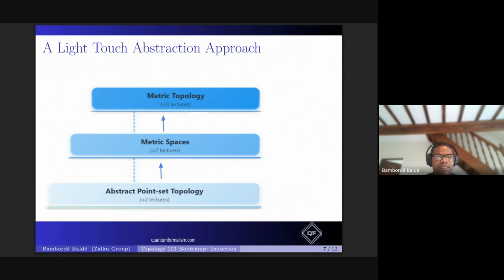And then we will go to metric spaces and define what is a metric on a set. A metric is basically the notion of distance. We will define some of the important properties, like the notion of similarity between 2 metrics, because you can have different distance functions defined on the same underlying set, and this might yield different topologies.